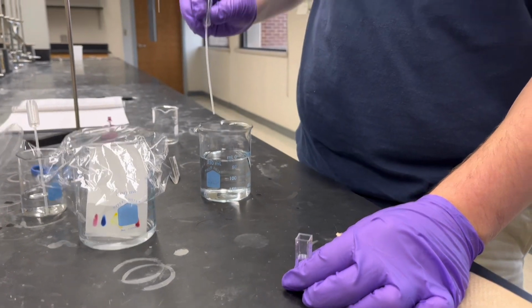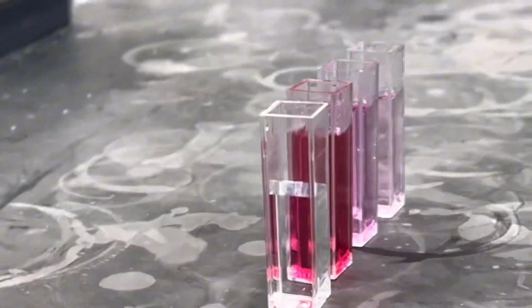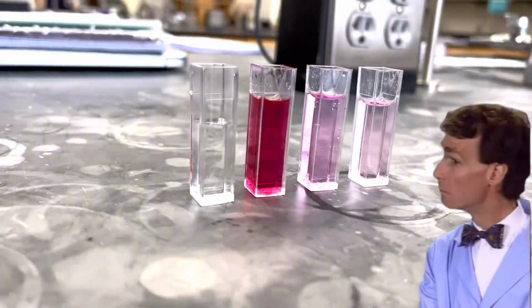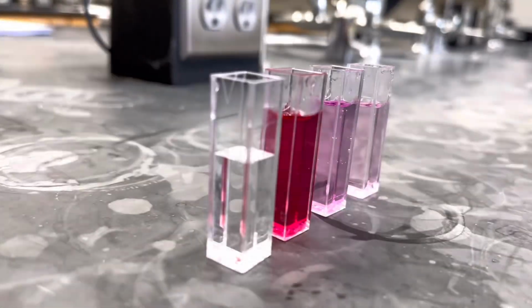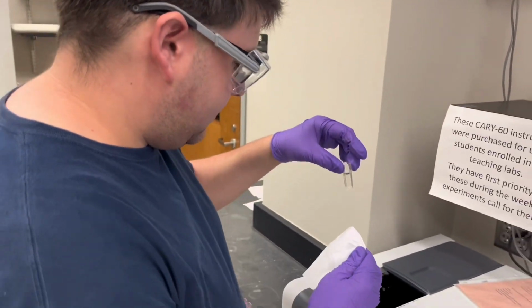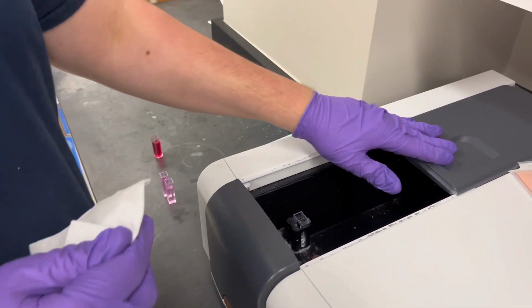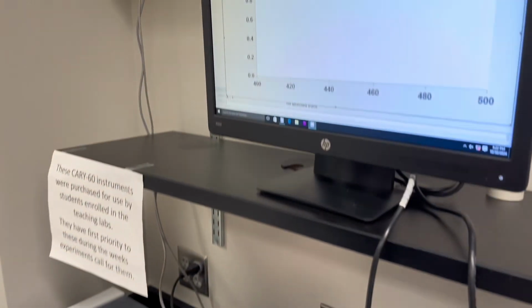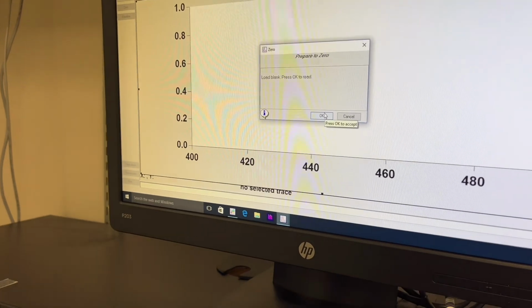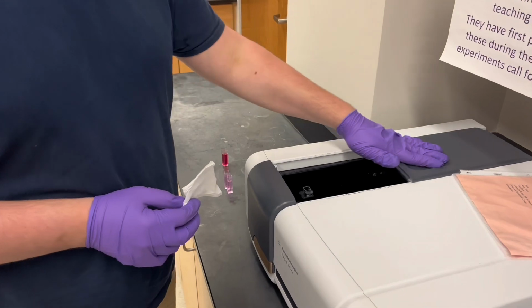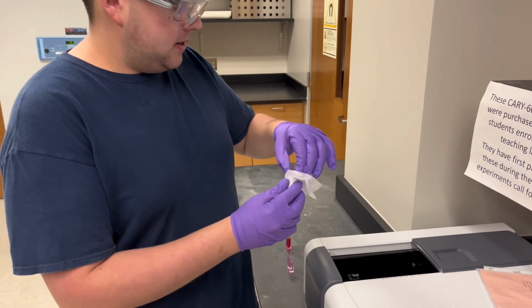Put that out there. Now we're going to take this to the spec. So let's clean both sides of this before we start anything. Then we're going to put this in the spectrophotometer here. Close the lid. Then we're going to go here and hit 0. We loaded the blank and now we're going to hit OK. Now that it's zeroed out, we're going to take this blank out now, pull this here, and set